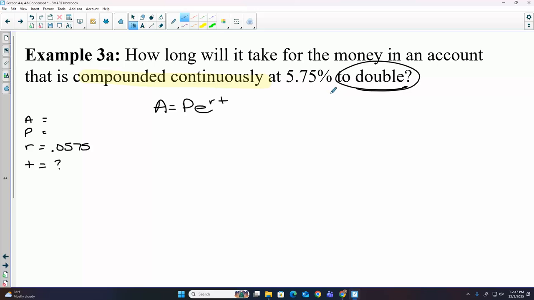So let's just make up numbers. How much do you want to start with? 100. If I start with 100, then how much would I end with? 200, because I said I wanted it to double. All right, so then we could solve. 200 equals 100 e^(0.0575t). So this is really just another exponential growth problem. If I divide by my 100,